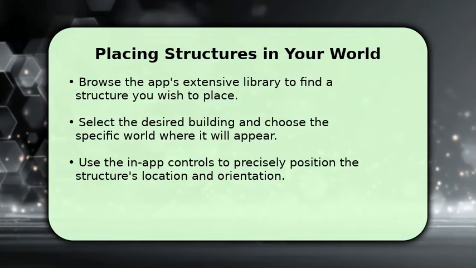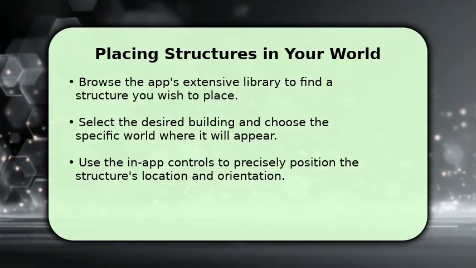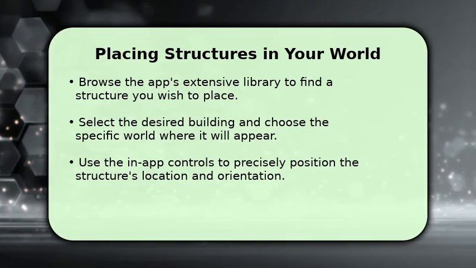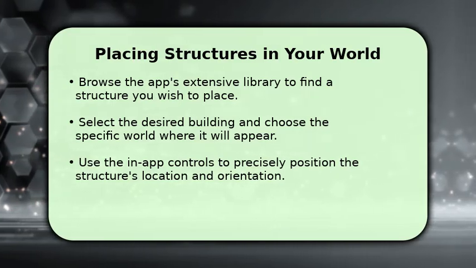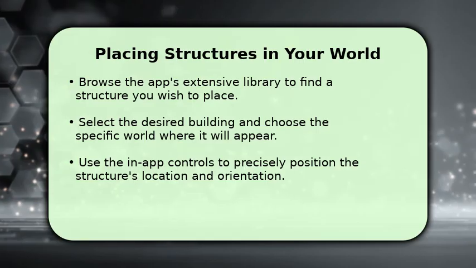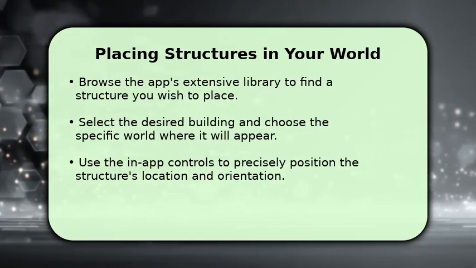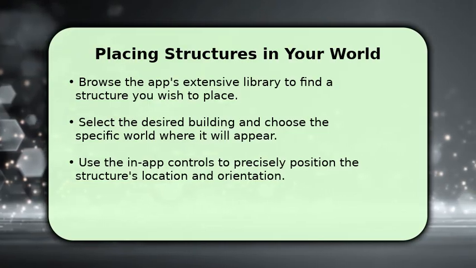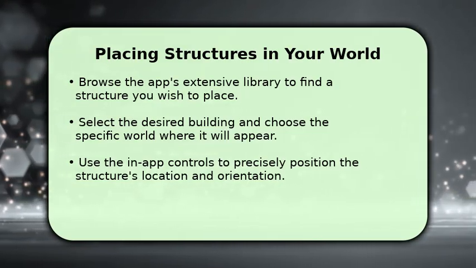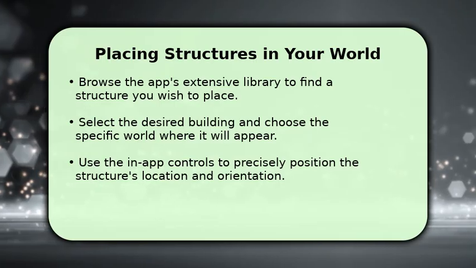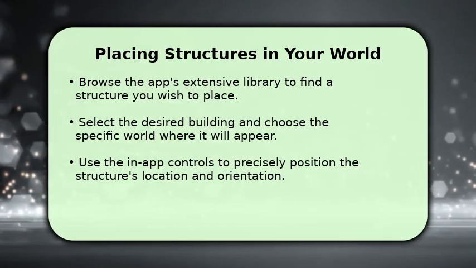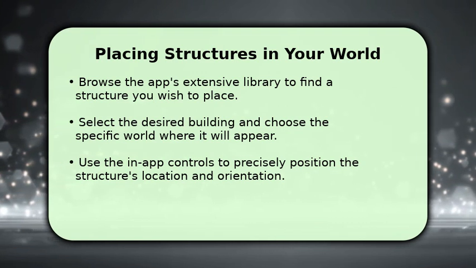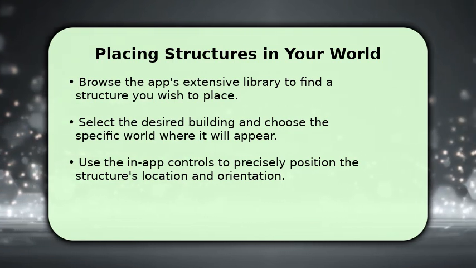Now for the fun part, placing structures. Within the Builder app, you will find an extensive library of pre-made buildings, ranging from small houses to enormous castles. Select the structure you want and then choose the Minecraft world where you wish to place it. The app will then provide controls to precisely position the structure, allowing you to adjust its height, rotation, and exact coordinates. Once you are satisfied with the placement, confirm your selection, and the building will instantly appear in your game